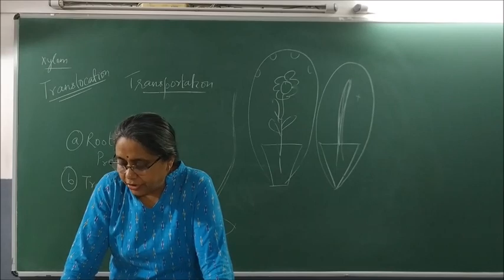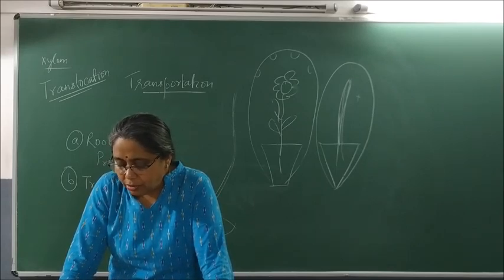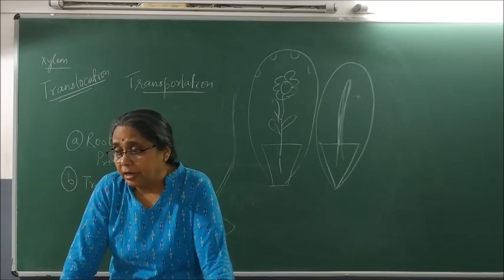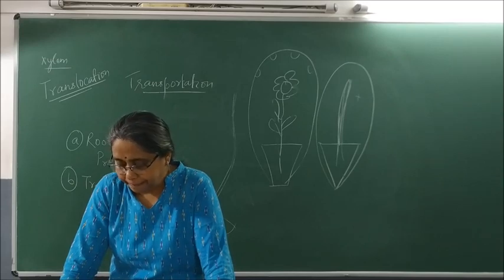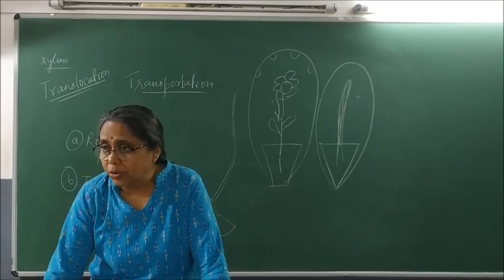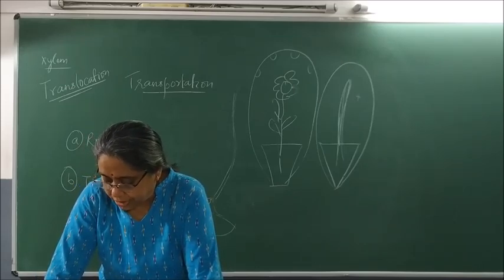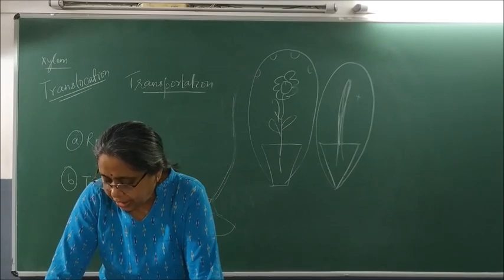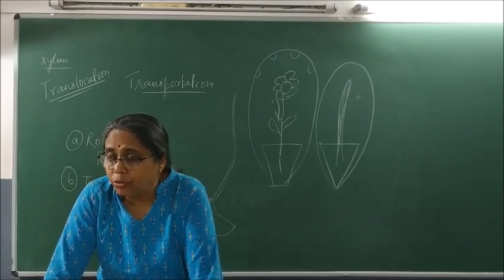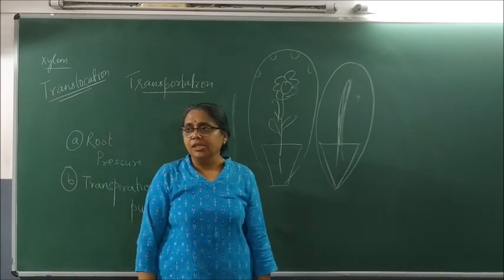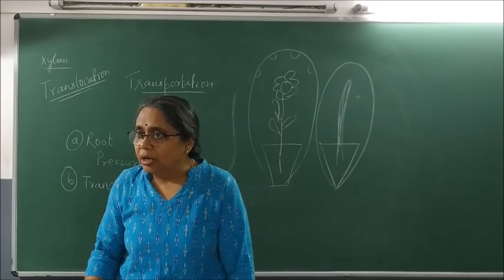So far we have discussed the transport of water and minerals in plants. Now let us consider how the products of metabolic processes, particularly photosynthesis, are moved from the leaf where they are formed to other parts of the plant. Underline and please write. Define translocation. The transport of soluble products of photosynthesis is called translocation, and it occurs in the part of the vascular tissue known as phloem. So what will we write? The transport of food and other soluble substances through phloem is called as what?